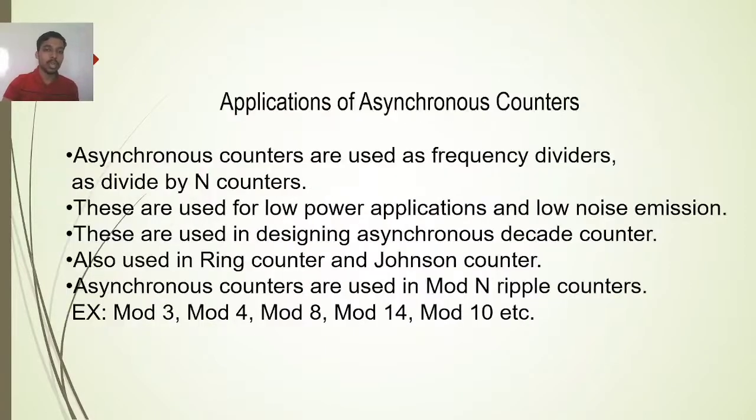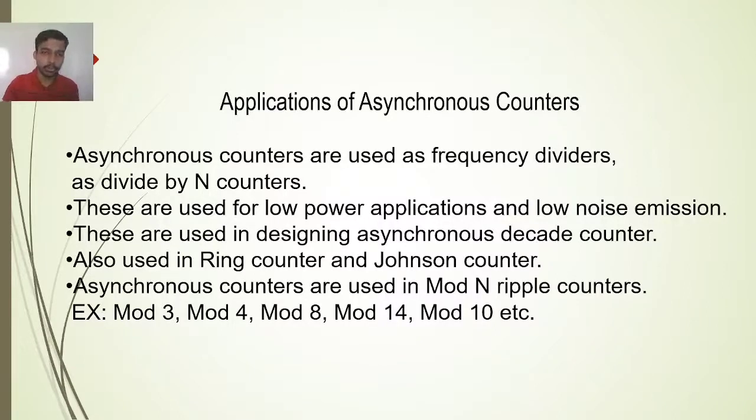Now, it's time for some of the applications of asynchronous counters. Asynchronous counters are used as frequency dividers, as divide by n counters. These are used for low power applications and low noise emission. They are used in designing the asynchronous decade counter, and are also used in frame counter and Johnson counter. Asynchronous counters are used in mod and ripple counters, for example mod 3, mod 4, mod 8, mod 14, mod 10,